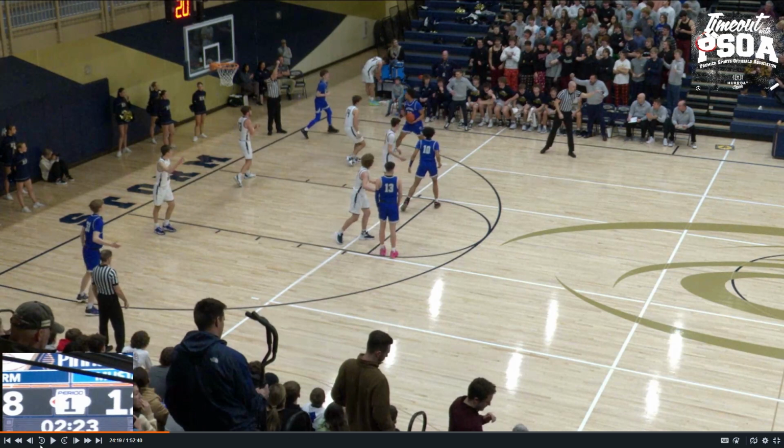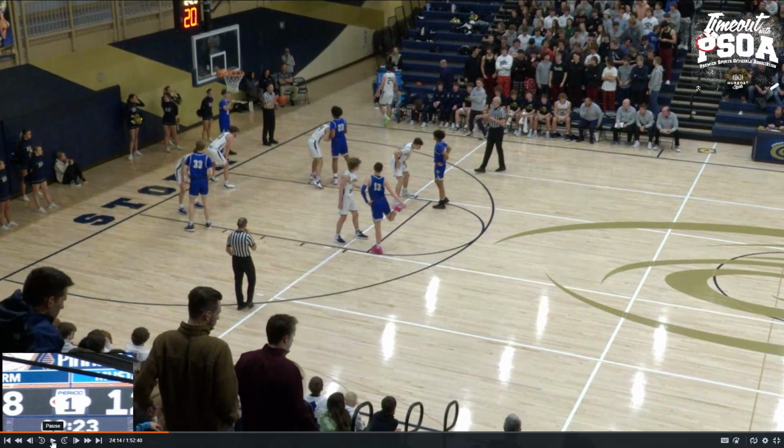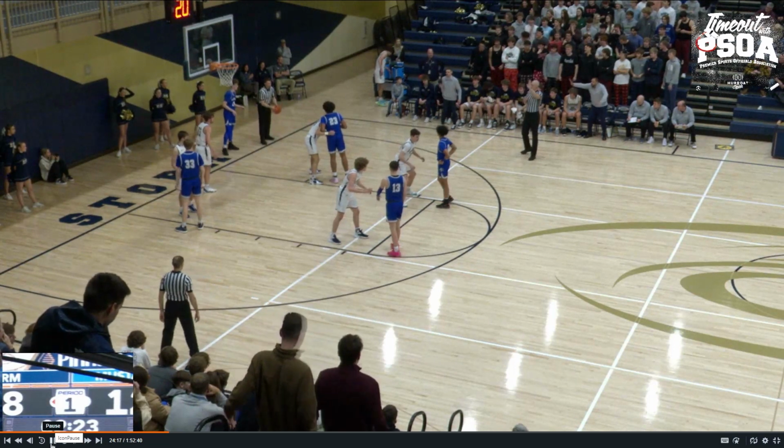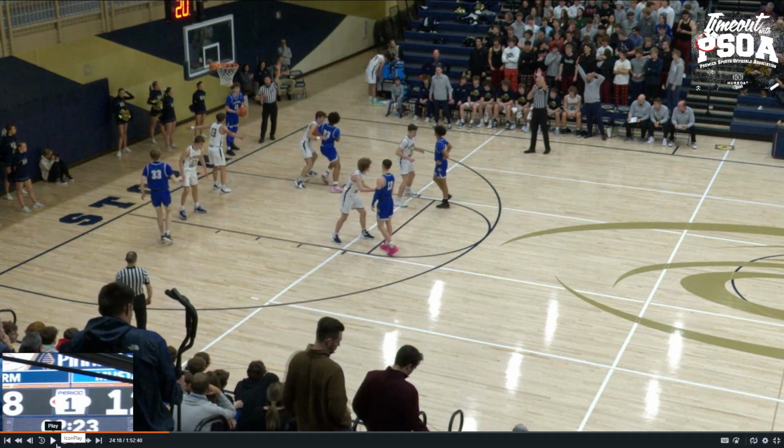Just mechanically speaking, talk about primary coverage areas. All right, so this trail official is going to have the outside and this matchup. This lead official is going to have this matchup and the inbounder. All right, and then the center official has pretty much the other 50% of the court. So we don't want to pass on fouls, but give the primary coverage official first shot at the foul.